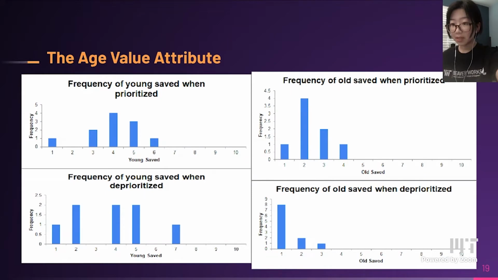We then proceeded to test our attributes with regards to age structures. One structure gave more points for saving old people, while the other gave more points for saving the young. To maintain realism, there were twice as many young people generated as old people on each map. On average, young people were saved more than old people due to the probabilities showing the priority for saving lives shown through this frequency graph.